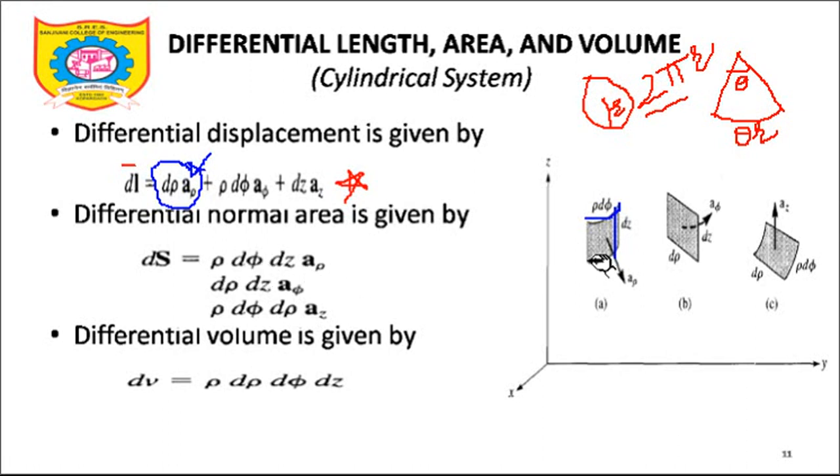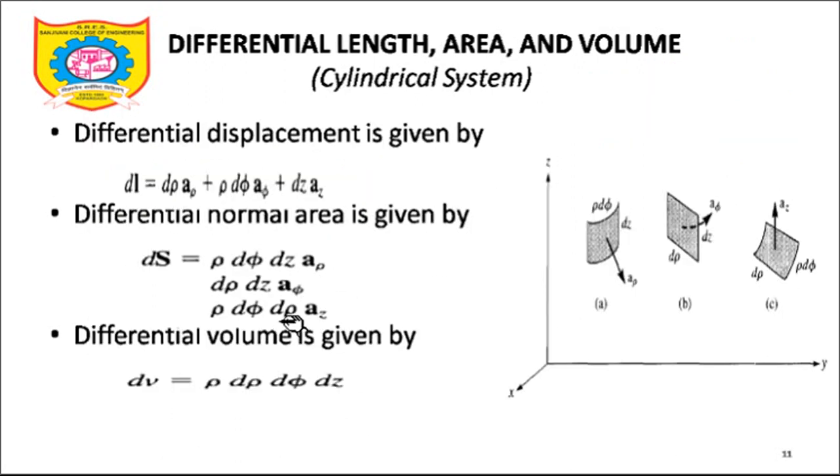Let's talk about another surface. Here z is varying and radius is varying. So d rho dz, rho is varying, z is varying, and the unit vector normal in this direction will be a phi bar. Let's look at this once again. For d rho dz, there is no coefficient rho, since there is no phi. So d rho dz and the third unit vector a phi bar: d rho dz a phi bar.